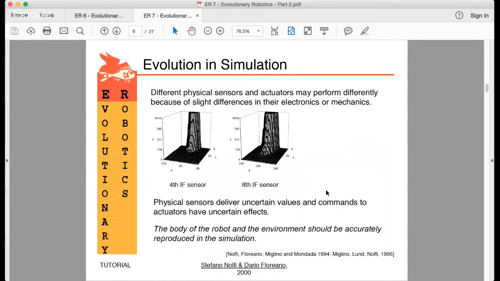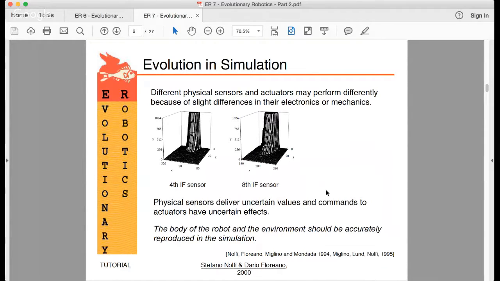But then when they try implementing physical robots, they will have some issues, which is known as the reality gap. But in this presentation today, we're not going to discuss the reality gap, but we will start talking about evolution in simulation. So to accurately model robot environment interaction,